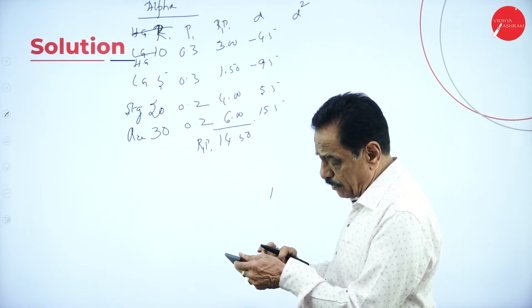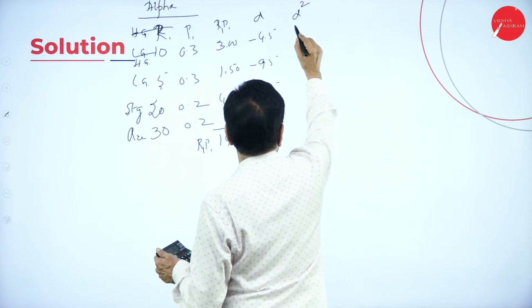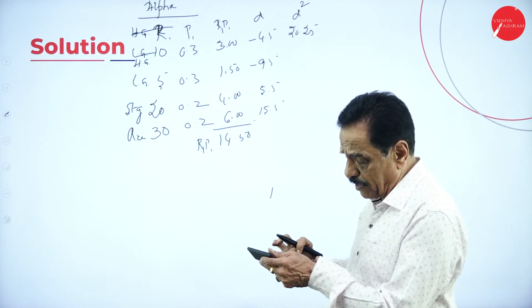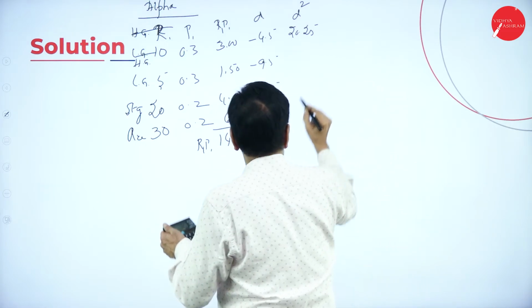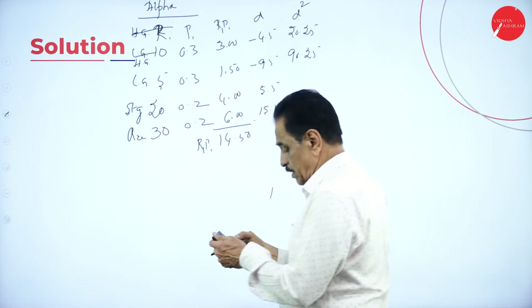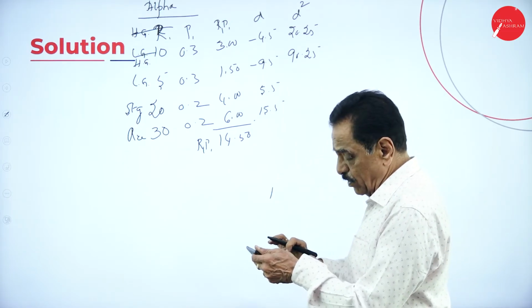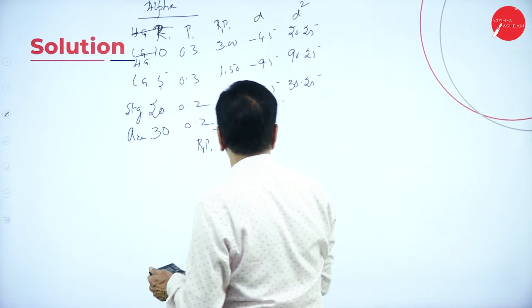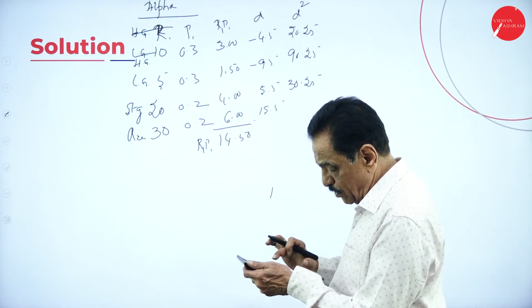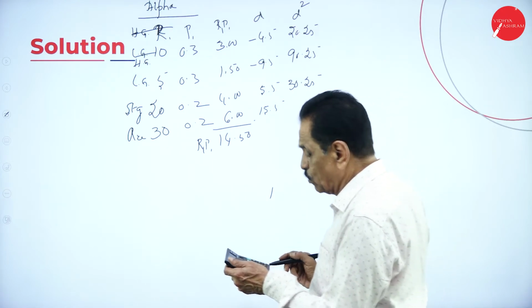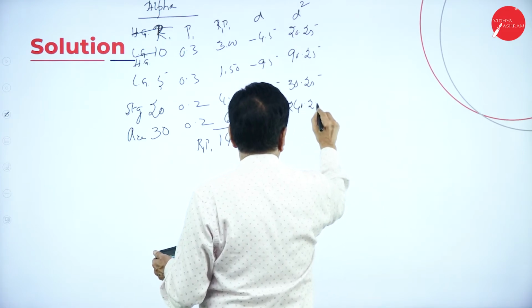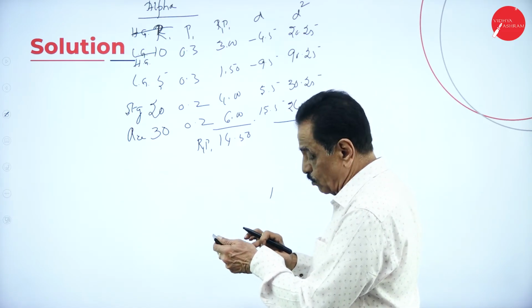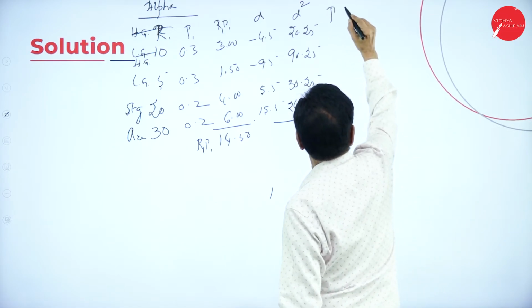4.5 into 4.5, 20.25; 9.5 into 9.5, 90.25; 5.5 into 5.5, 30.25; 15.5 into 15.5, 240.25. Then this is multiplied by probability,